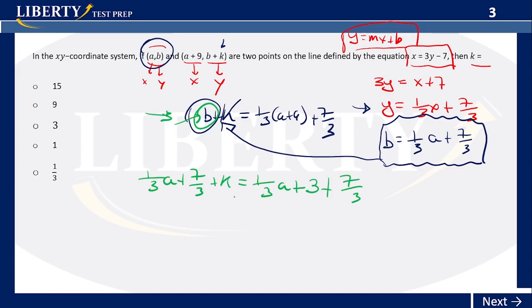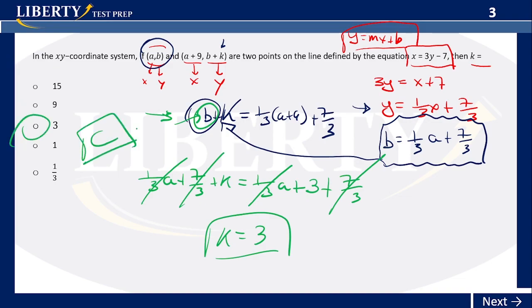What we do is, these ones get cancelled out, this 7/3 gets cancelled out, and we have k is equal to 3. That's it. 3. C, that's my answer. Fairly easy. So basically we're using substitution in this case, and we know that if you have a line, that equation is true. I mean, the constants, which are